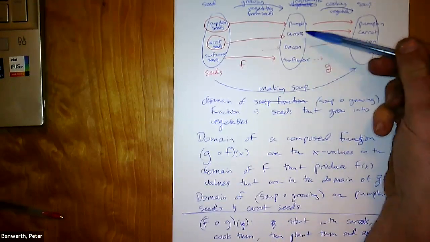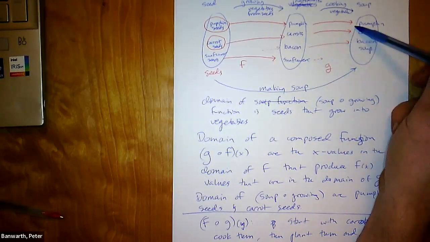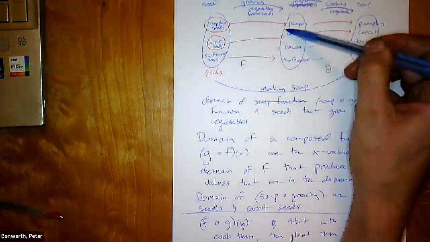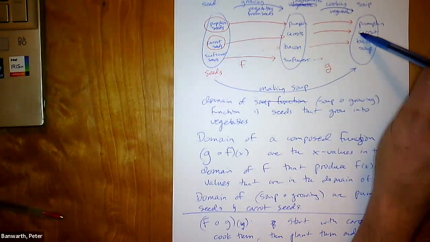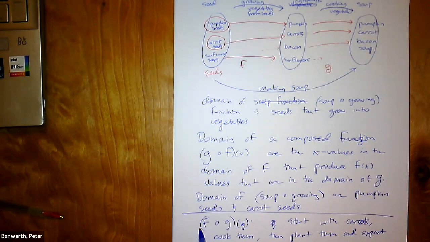Right? Starting with something in the domain of my G function and cooking it, that's my first function, G, but then I have to plant it and think that it's going to grow. And carrots don't grow once you cook them. So the order in which you approach a composition of a function really matters. And in this class, there will be times when you're asked to compose a function with one first and then the other first. And you'll do that because that's what we expect you to do in this class. But in the real world, it doesn't actually make a ton of sense. Okay, so